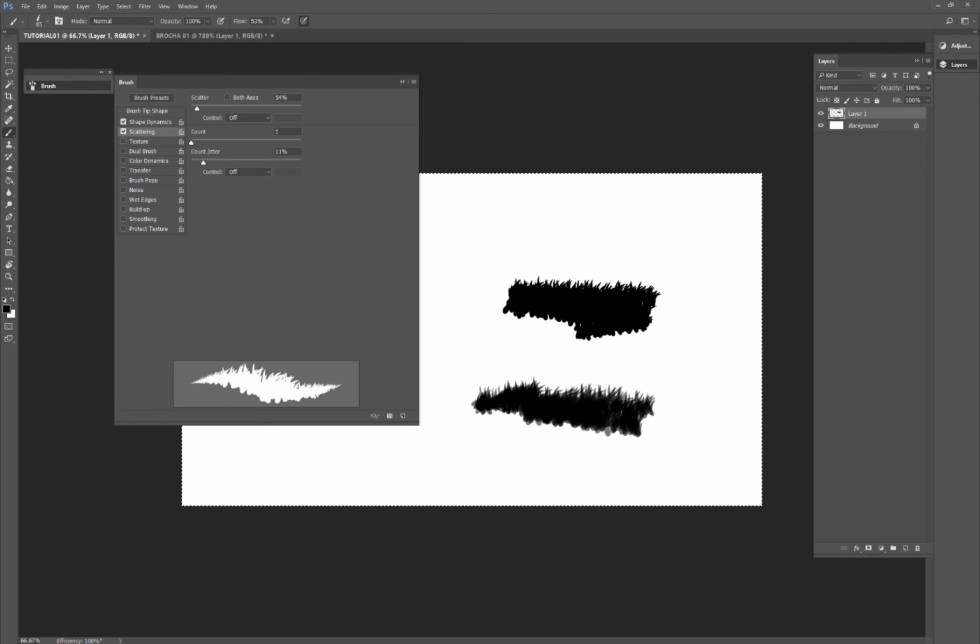So, as you've seen, the process is quite simple. You don't only have to make 2 types of brush. You can practice making more if you like. Just experiment and find the shapes that work for your design.